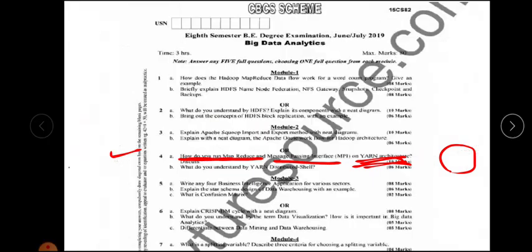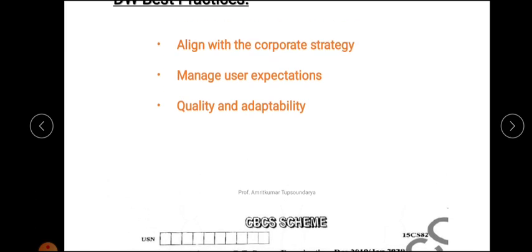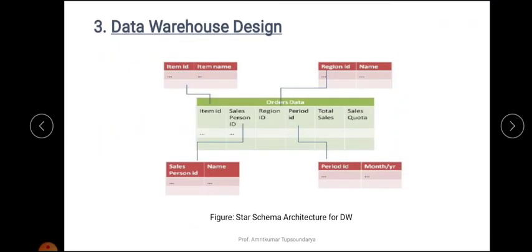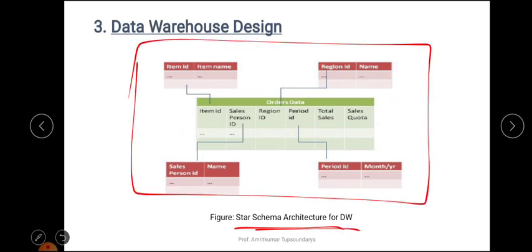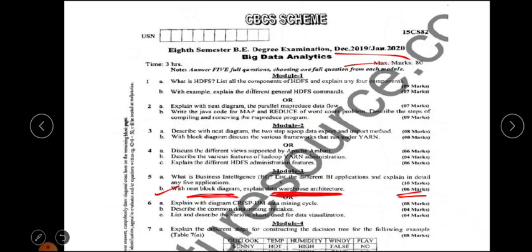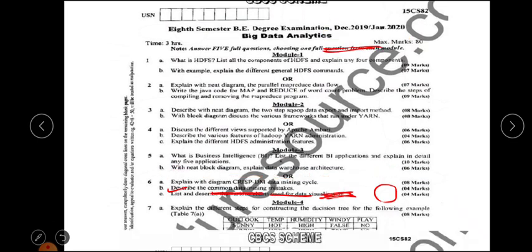Keep this in mind. So if this is asked, then for the star schema architecture, this is the diagram you can draw. You can see here a star schema architecture diagram, and this is the example of the salesperson itself. So I have taken the example which has been asked in the previous year question paper. So this is the diagram that you have to draw, right? So that's all. Let's say any more questions if they have been asked in the previous question paper, and not in this.